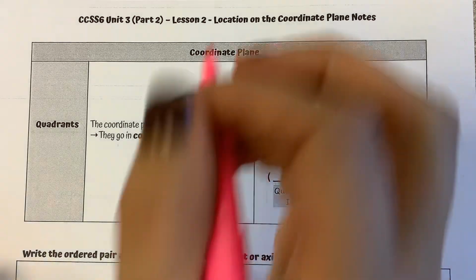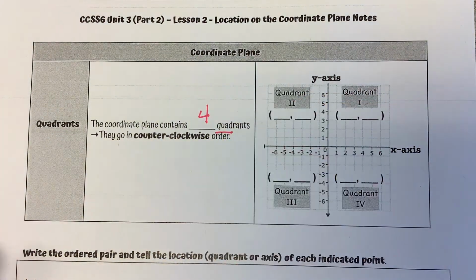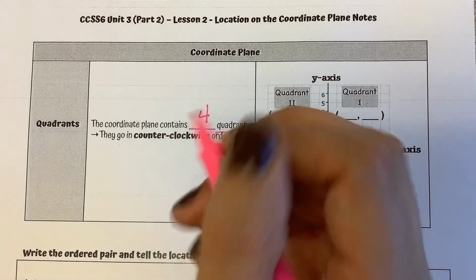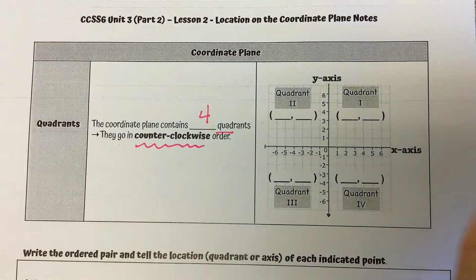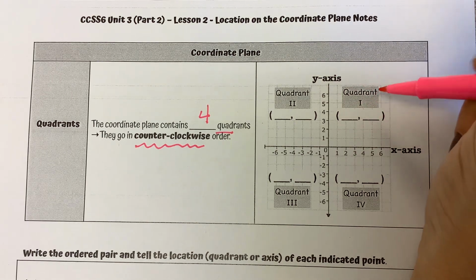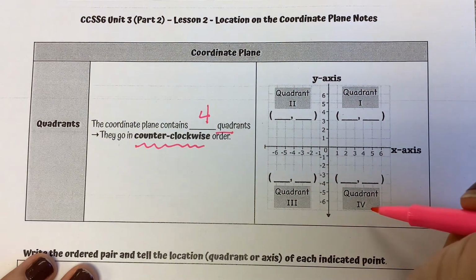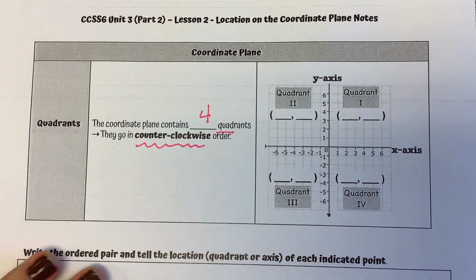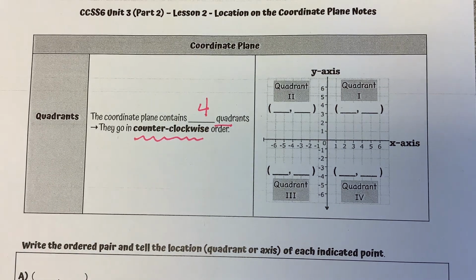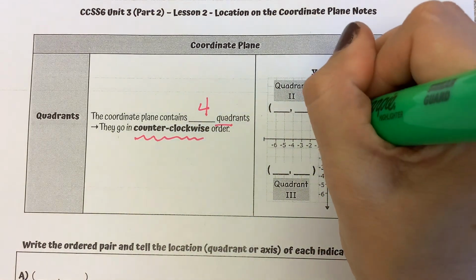There are 4 quadrants. That's what quad stands for, is 4. And they go in a counterclockwise direction. So we're starting in quadrant 1. This is the one where everything is positive. And we go in the reverse direction. So 1, 2, 3, 4. And we write them using Roman numerals. The reason for that is, if we look at these values, our values are positive going right here and